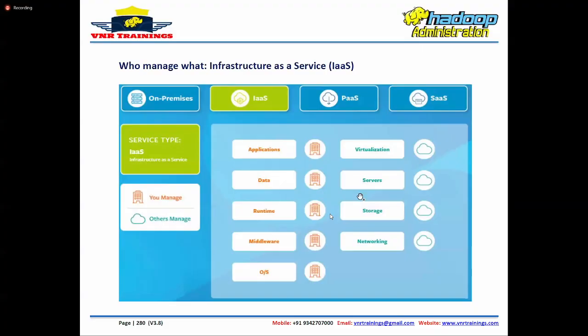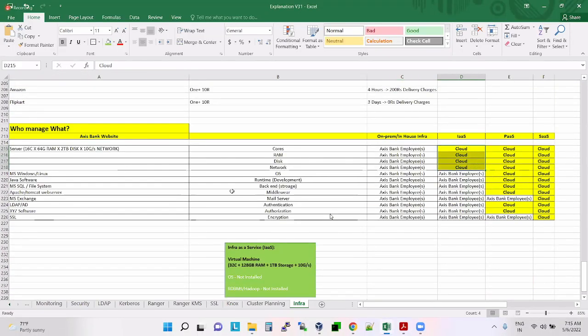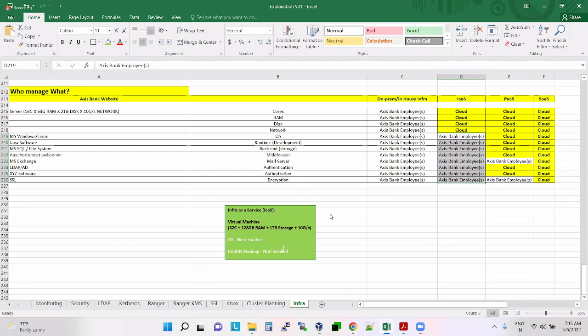In the IaaS model, what will be managed by whom? I have given you an example. Only the infrastructure is managed by the cloud. The rest of the things, the OS, all other software, runtime, backend, everything should be managed by us only. This is the IaaS model. But when it comes to the PaaS model,